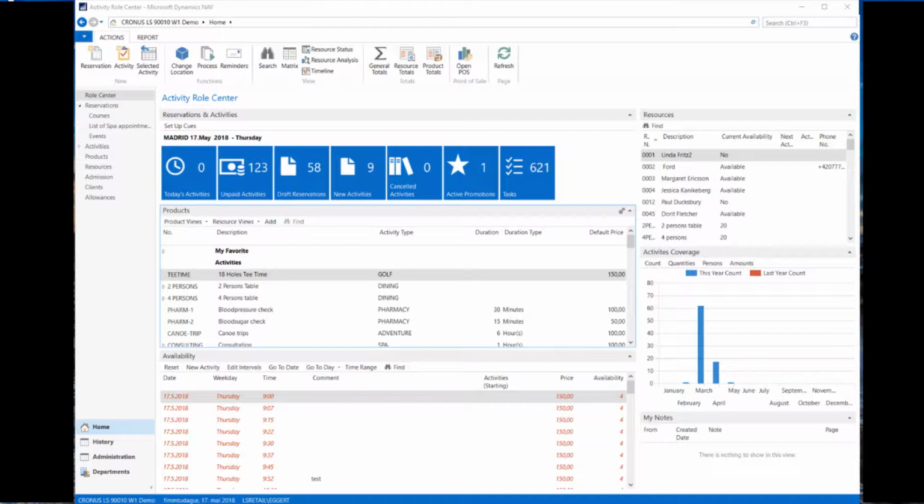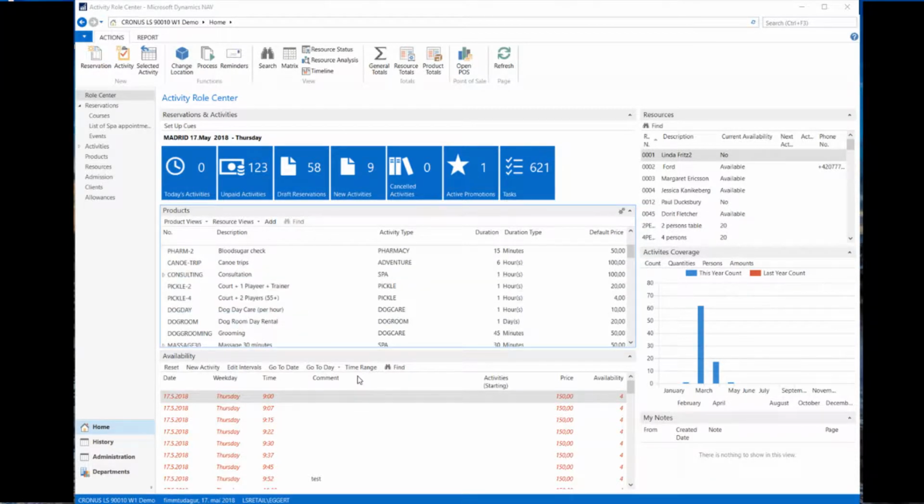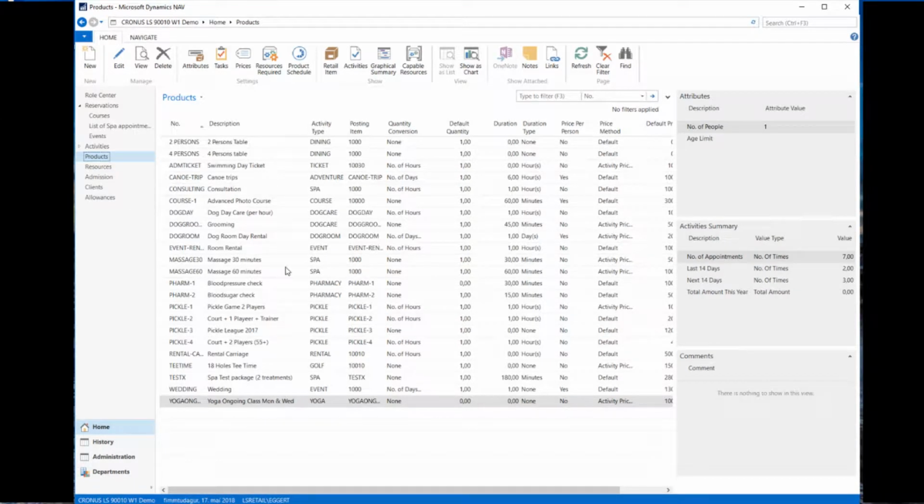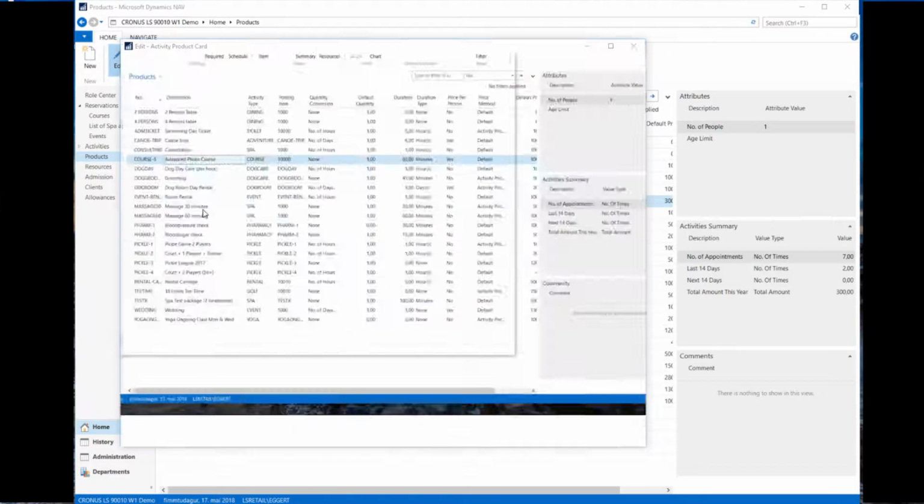Let's start with just going through from the role center how you book these two products or make reservations. So if you take a look first at the courses. A course I have set up here, advanced photo course, which is